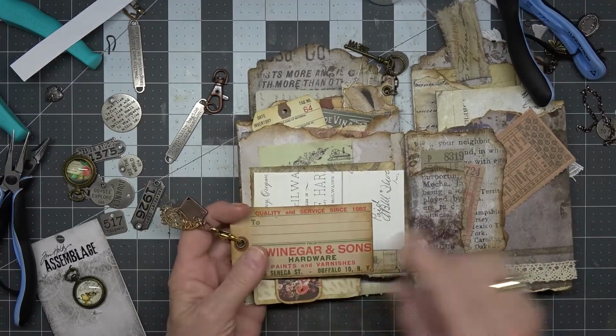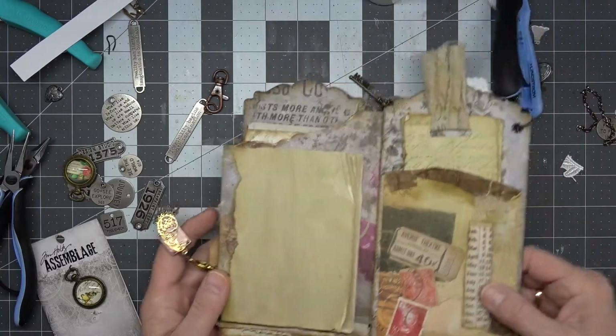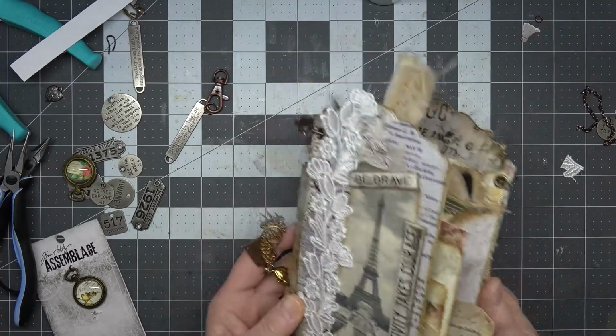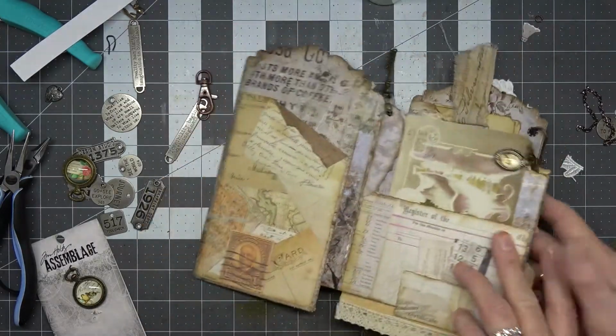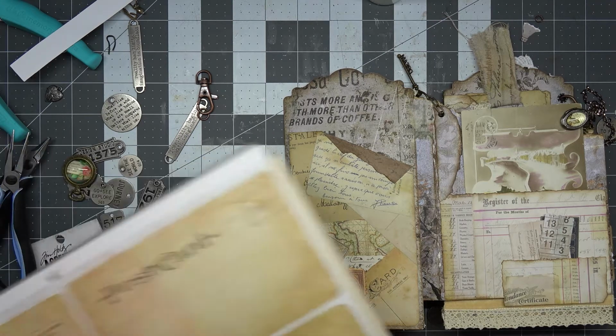Then we have this and all of that wonder and this. So we need one more piece of paper back here. And I had something for it. I just don't know what I did with it. I had cut something last night. And I don't know what happened to it. I put a lot of stuff away last night. So...